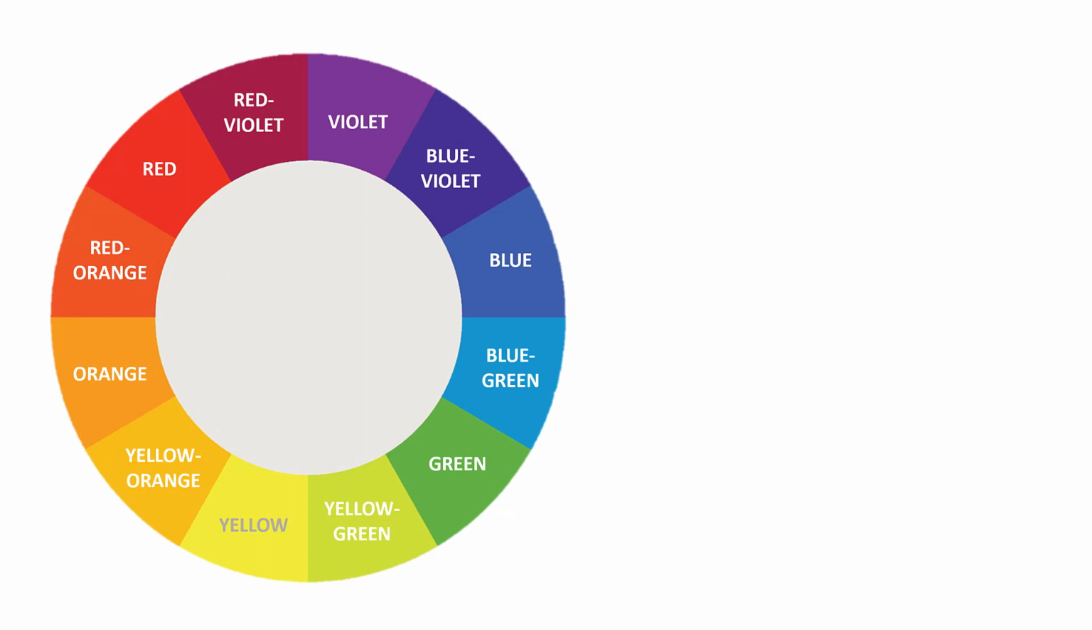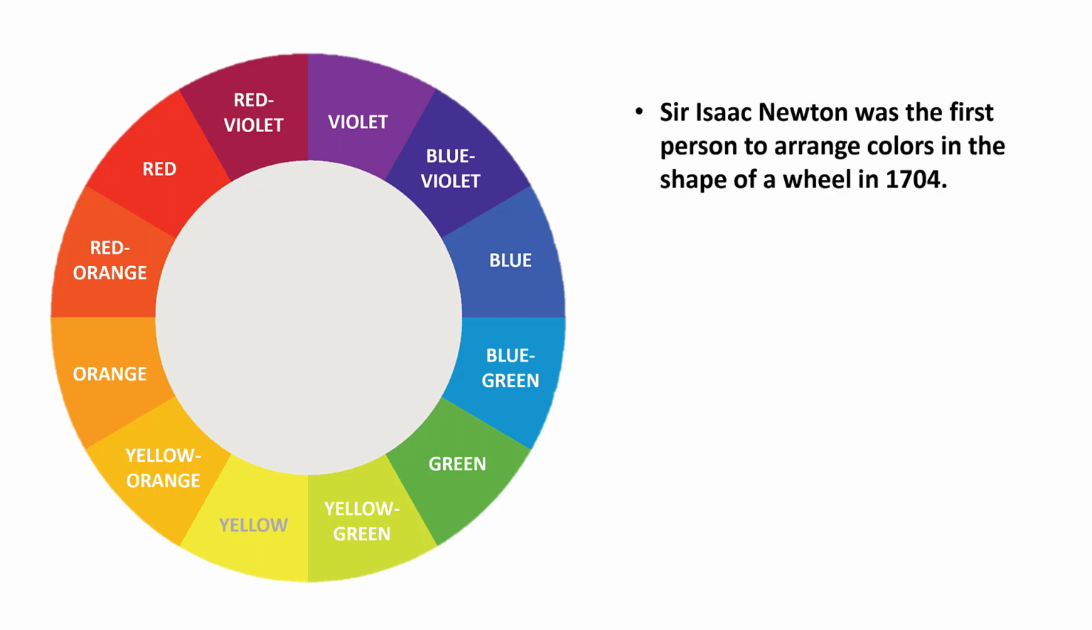In this first class, we're going to be looking at the color wheel itself. We're going to be learning why the colors are located where they are and how they're all interrelated with each other. Believe it or not, the first person to arrange colors in this color wheel was Sir Isaac Newton in 1704. I had no idea until I started doing research for this, and I just wondered where the color wheel